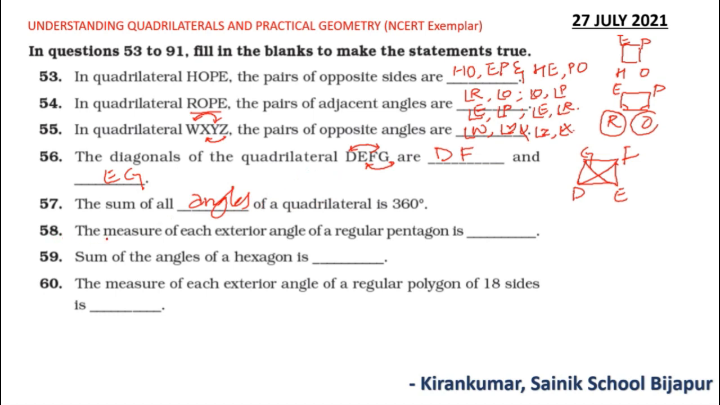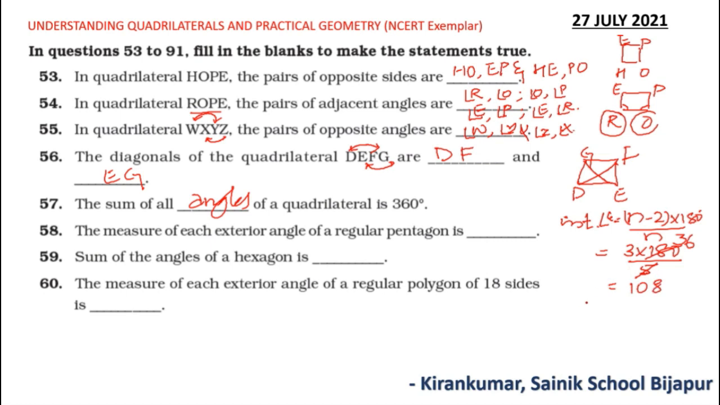Question 58. The measure of each exterior angle of a regular pentagon is. We can find the interior angle. The interior angle is given by (n minus 2) times 180 degrees upon n. Since in a regular pentagon there will be 5 sides, 5 minus 2 is 3 times 180 divided by 5. So 5 3s are 15, 5 6s are 30. So 3 times 36 is